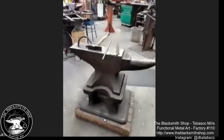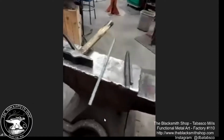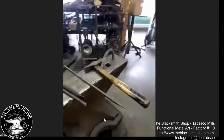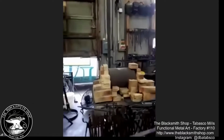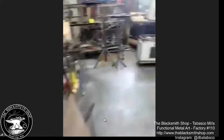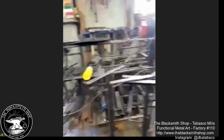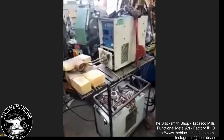This is my fancy anvil, although the edges need to be redone at some point. I just haven't gotten around to it. Also, it's abused a lot, but it's used with love. Forge, small anvil, quench bucket. Stepping over here, I have another large anvil. And the induction forge, which is what I will be using later because it is Seattle and it is currently